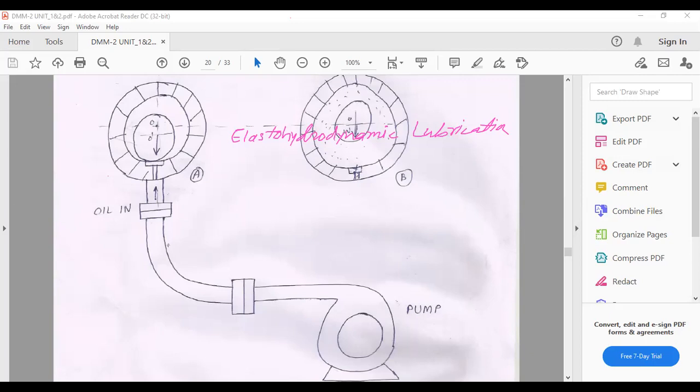Then we will come to our fourth one, this is the fourth one, this is your third one, the solid film lubrication. So when bearings are required to operate at a very high temperature, lubricating oils are not suitable, as they may lose their properties at such high temperatures. So in such cases, we use solid film lubrication. We have seen the different solid lubricants, graphite is what we use for this.